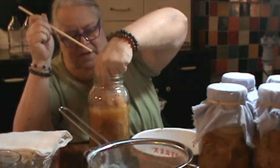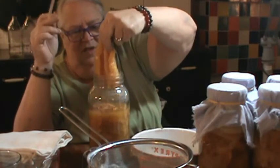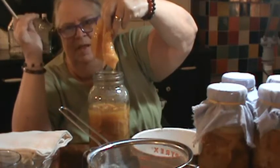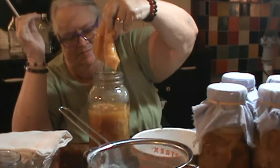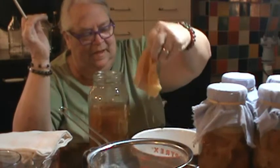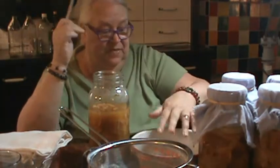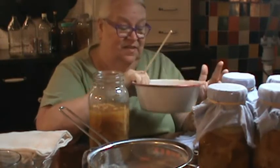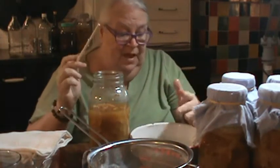I think it's probably going to break up. Oh no, it's not. It's just this gelatinous, see that? It's kind of gross. A gelatinous substance that I'm just going to plop in their little dish. This is their dish. They get treats in these all the time. So I'll give that